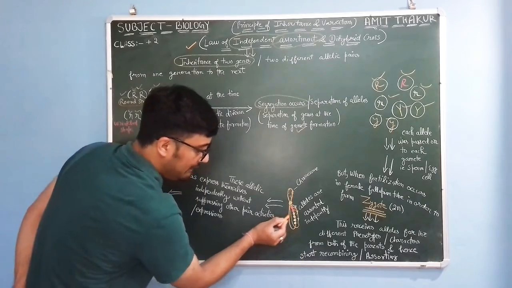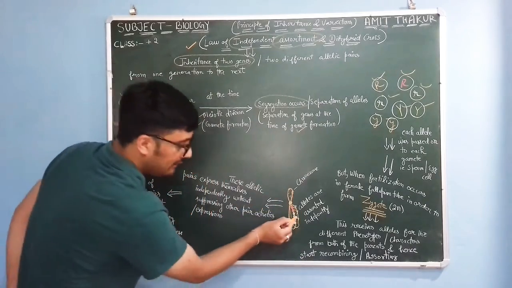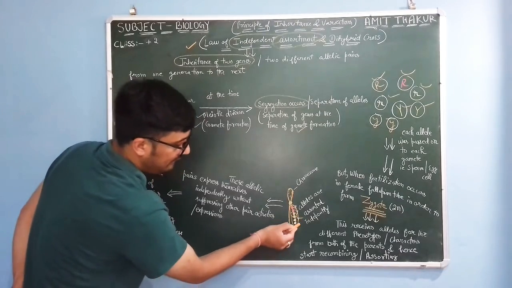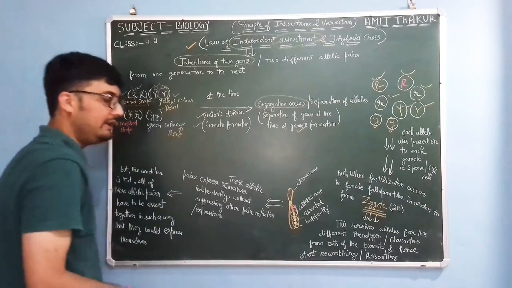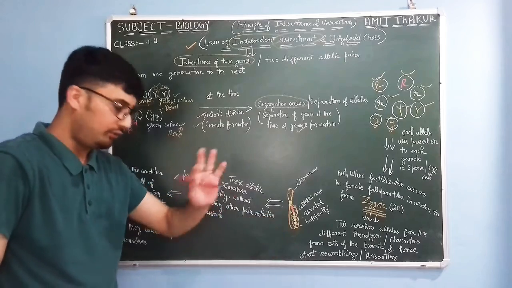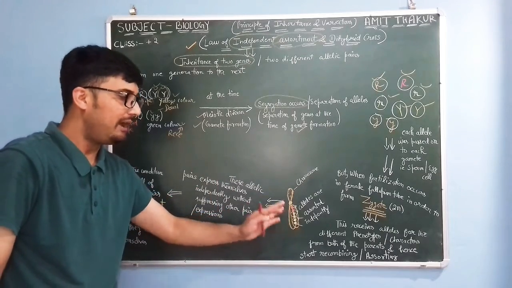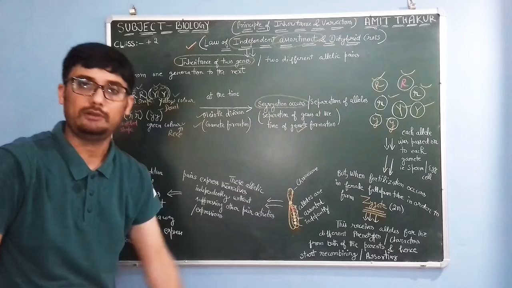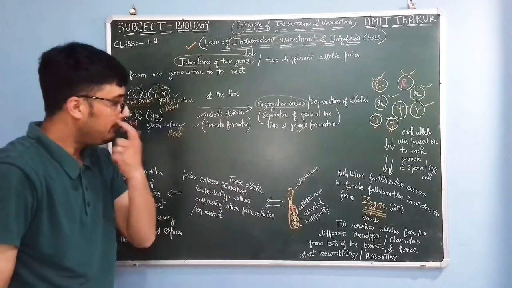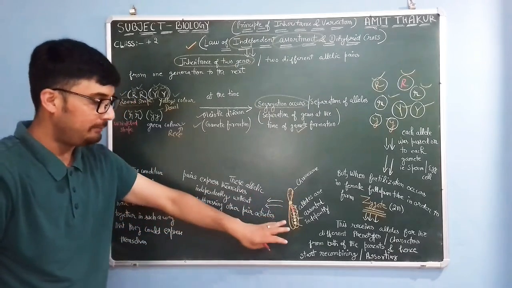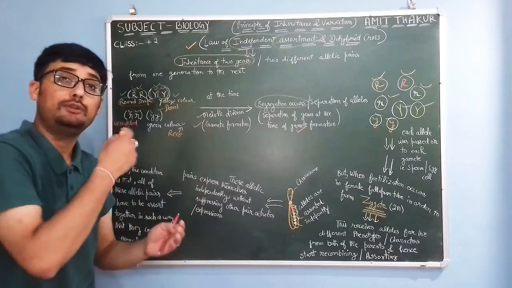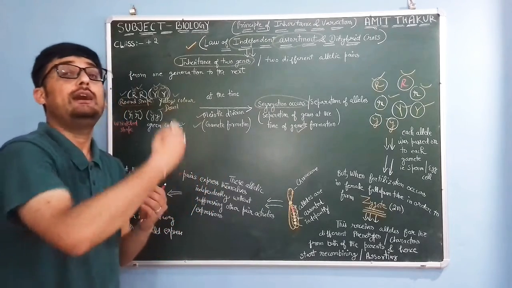अगर मान लीजिए ये सारे के सारे तीनों के तीनों पेयर्स, ये जो पिंक वाला एलिलिक पेयर है इसका अपना एक्सप्रेशन है, येलो वाले का अपना अलग एक्सप्रेशन है, इनका अपना अलग एक्सप्रेशन है. तो इन तीनों, जैसे फॉर एग्जांपल तीनों एलिलिक पेयर्स का अपना अपना ये अपने अपने ट्रेट के लिए रिस्पॉन्सिबल है. तो तीनों के तीनों at the same time they would express themselves independently without interfering in others'